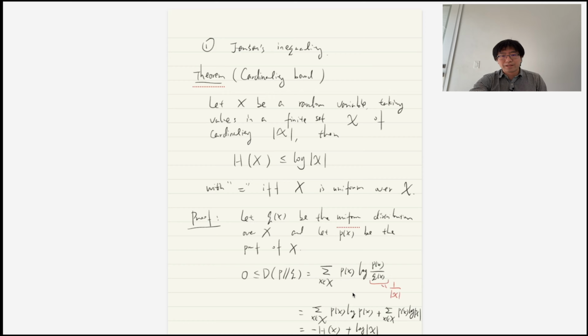And therefore, we can see that minus entropy plus that will be bigger than or equal to 0. So we move the entropy to the left-hand side, so entropy will be less than or equal to the log of the cardinality of x, right? And then we can conclude that this will be less than or equal to log cardinality of x. Okay? And again, clearly the equal sign will hold